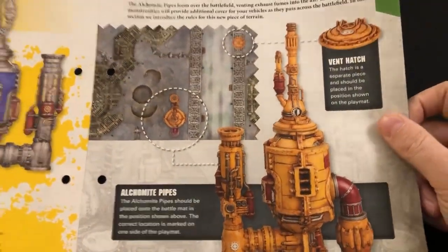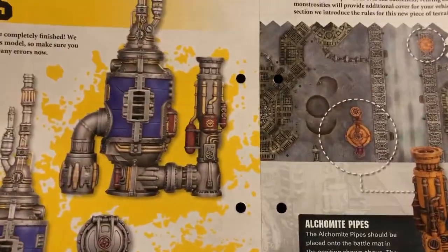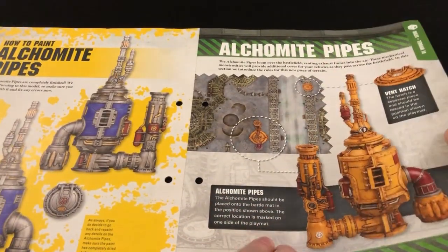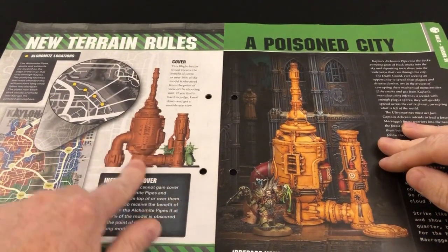It's what it's all about. But yeah, that looks much nicer than that. But, you know, good enough. Good enough. So yeah, we've now got rules on what the Alchomite pipes do, explaining cover and how cover relates